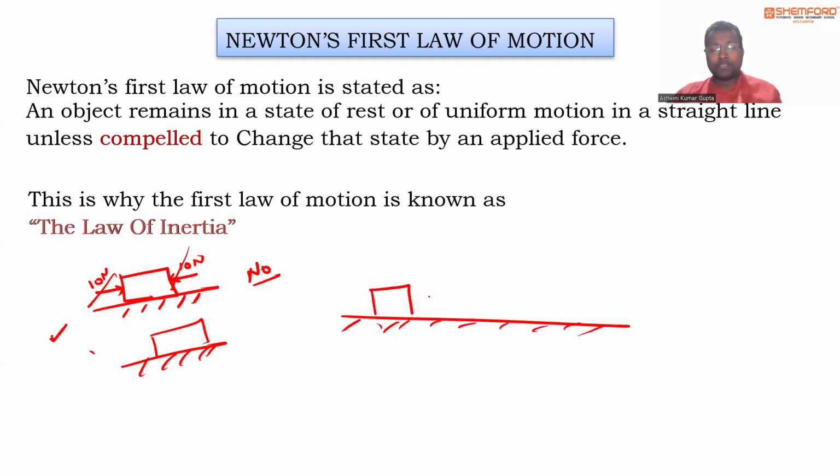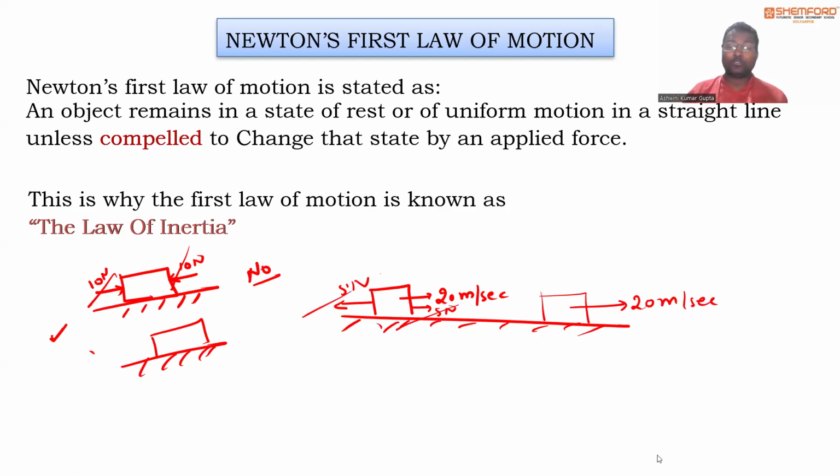a body is moving with 20 meter per second. बॉडी किसी एक स्पीड से ऑलरेडी मूव कर रही है। अब आपने इस पर फोर्स लगाया 5 न्यूटन का इधर और 5 न्यूटन का इधर। तो ऐसी दशा में ये बॉडी इसी स्पीड से कॉन्टिन्यूएशन में मूव करती रहेगी। ऐसा क्यों हो रहा है? क्योंकि ये 5 न्यूटन और ये 5 न्यूटन एक दूसरे को नलिफाई कर रहा है, कैंसिल आउट कर रहा है, क्योंकि ये एक बैलेंस फोर्स की सिचुएशन है। तो अगर कोई भी बॉडी एक इनिशियल वेलोसिटी से मूव कर रही थी, तो बैलेंस फोर्स लगने के बाद भी ये उसी स्पीड से मूव करती रहेगी। यही आपका फर्स्ट लॉ कहता है।